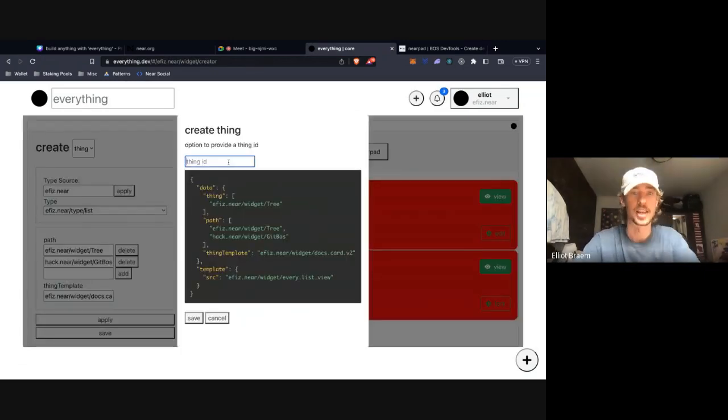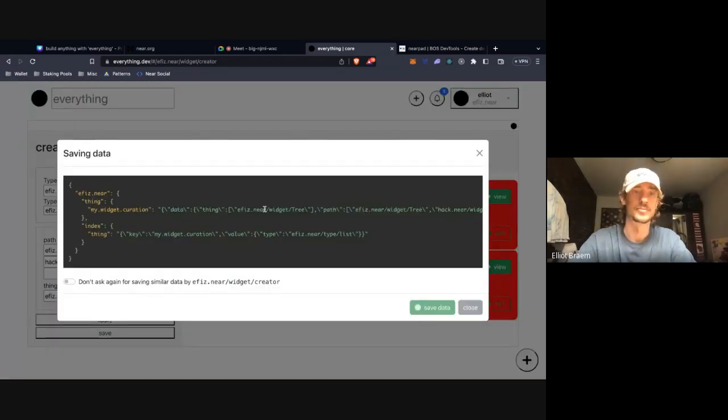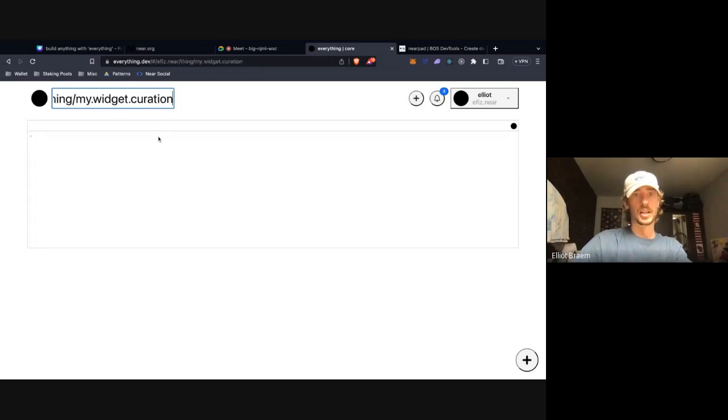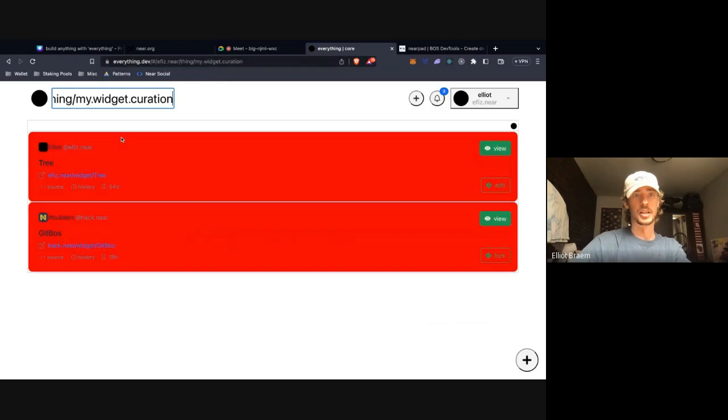Then we can create this thing, my widget curation. And that's how easy it is to create a type and create a thing.